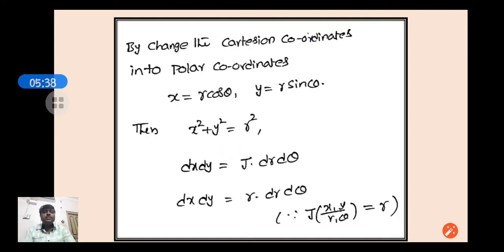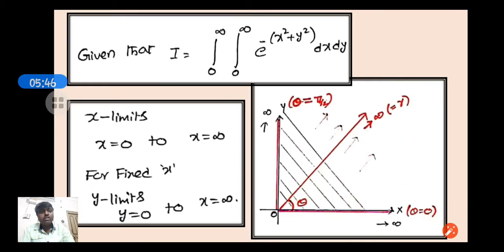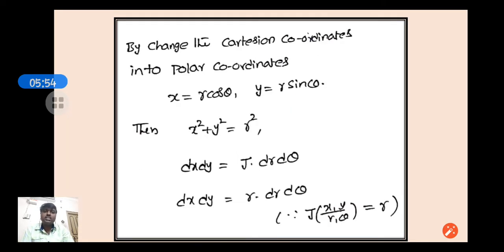Okay, now I am observing here. I have to calculate first x square plus y square. Why? Because this particular term will be present in the integrand. So here the integrand is e power of minus of x square plus y square, so I require x square plus y square. First I am calculating x square plus y square. So x square plus y square is nothing but r square cos square theta plus r square sin square theta. R square is common, r square into cos square theta plus sin square theta. So cos square theta plus sin square theta is 1. Finally I am getting x square plus y square is equal to r square.